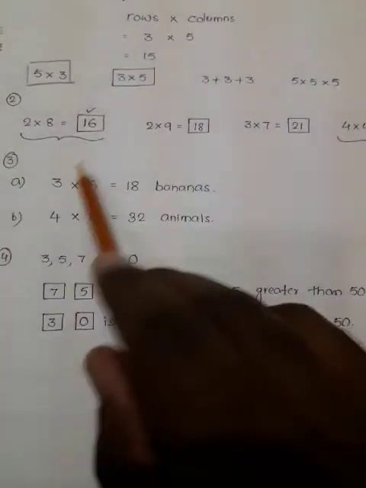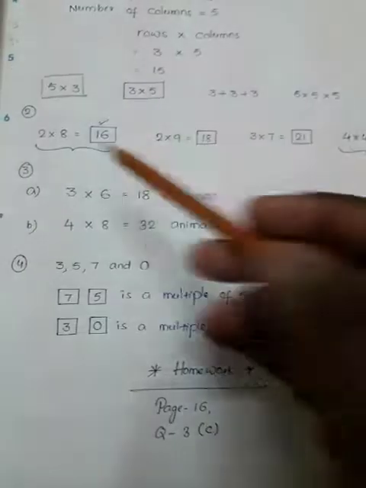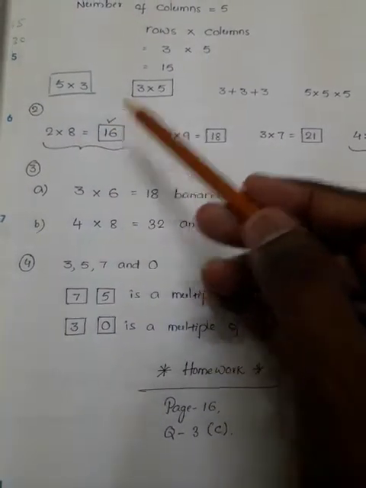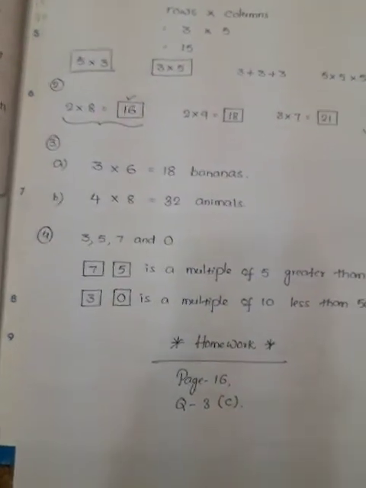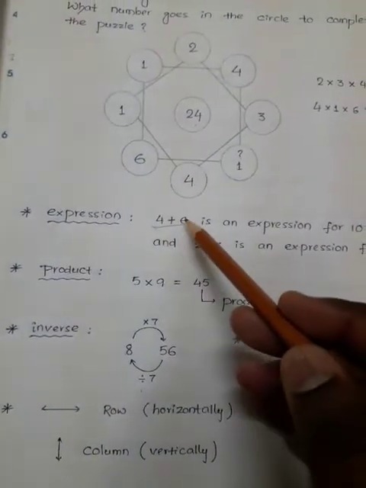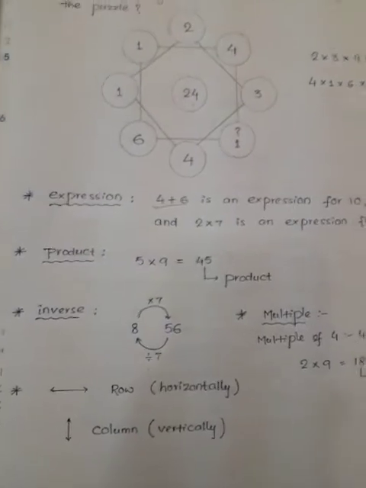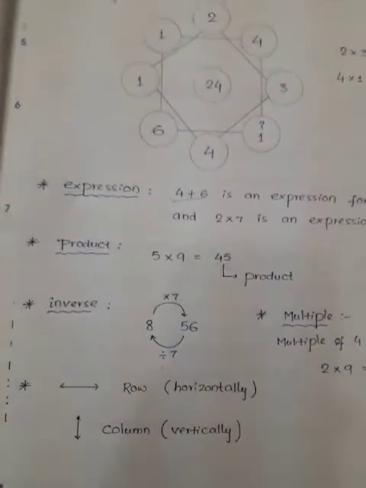So that means these two number sentences are the same. These are called number sentences. Okay, this is called what? Number sentence. Like 2 multiplied by 8 equal to 16. This is a sentence, but there are numbers, so that's why we call it a number sentence. Addition also works the same way, like 4 plus 6 equal to 10. There are numbers, so that's why it is called a number sentence.